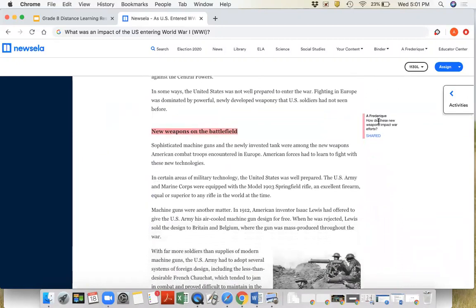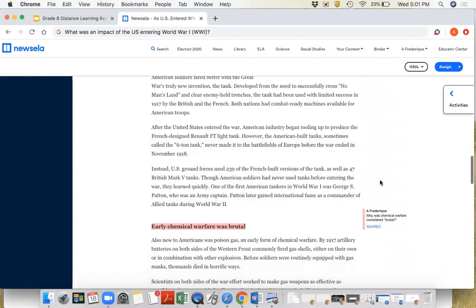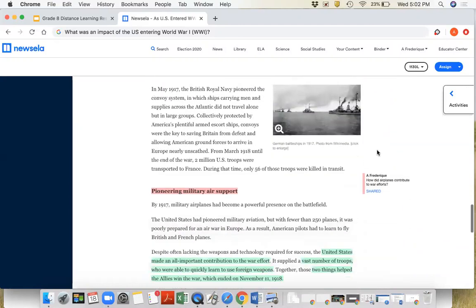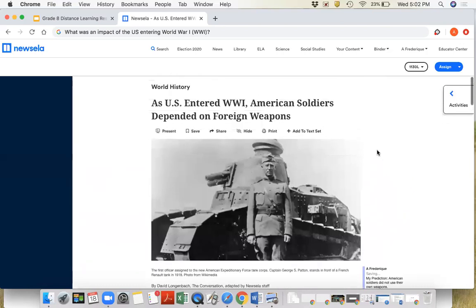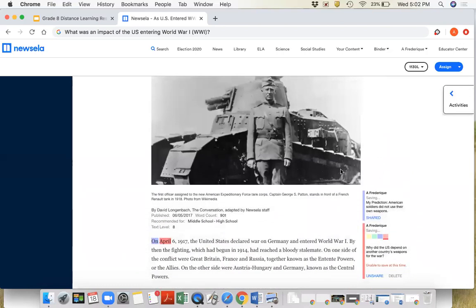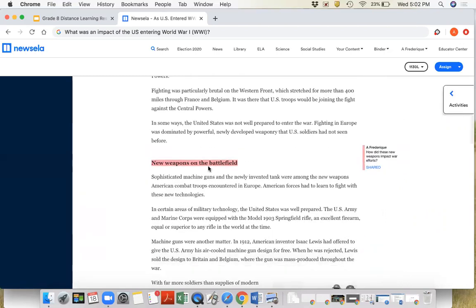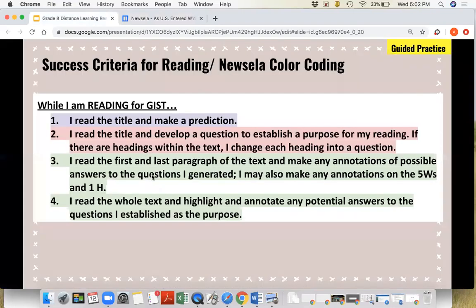I used the question matrix, so you'll notice how did, what was. A lot of the questions I created begin with how or why, just so they're critical thinking questions. And after I made sure I had a question for the title, which is right here, and I have questions for all of the headings, as you can see right here in the margins, I'll go ahead to step 3, in which I'll read the first and last paragraphs of the text